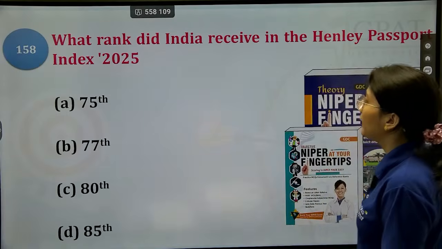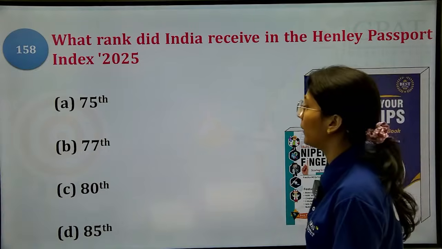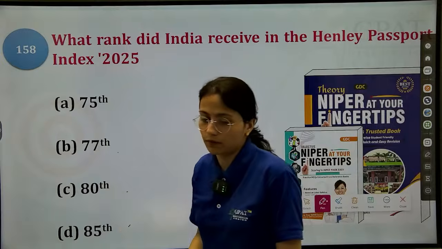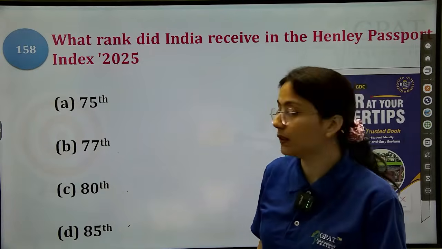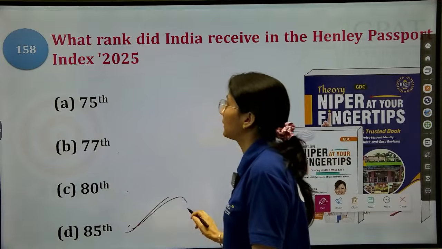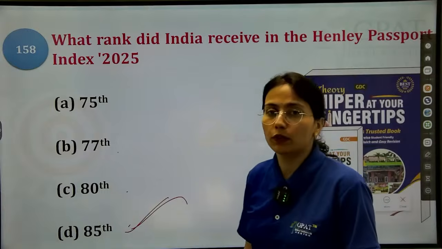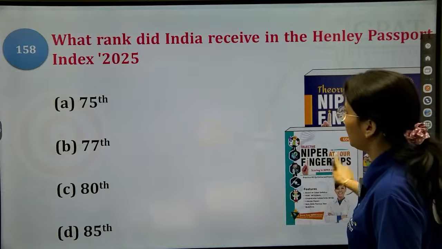Next, what rank did India receive in the Henley Passport Index 2025? 75th, 77th, 80th, 85th. So the correct answer is 85th. Option number D is correct. India received the 85th rank in the Henley Passport Index 2025. Next,